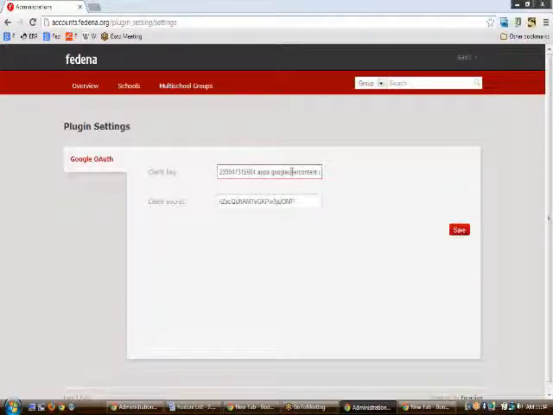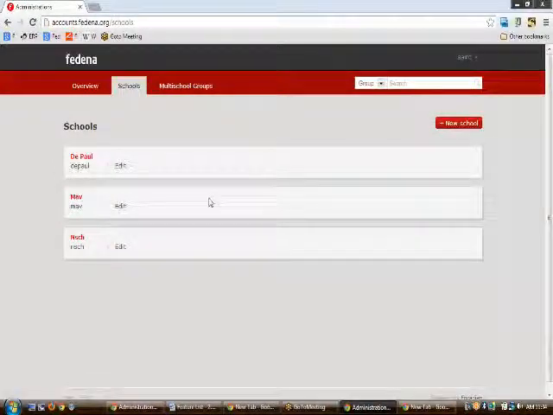Once the settings are done, a user using Fedina will be able to use his or her own Google account to log in to Fedina itself. Moreover, some other kind of settings have to be done, and so we would be covering the rest of the Google OAuth thing in our subsequent webinars.